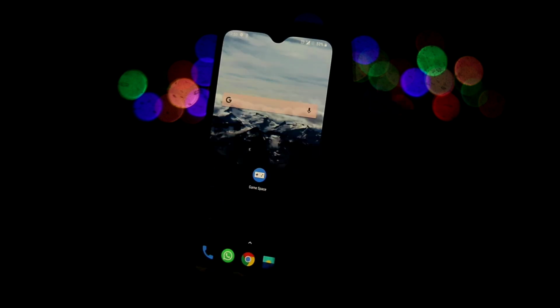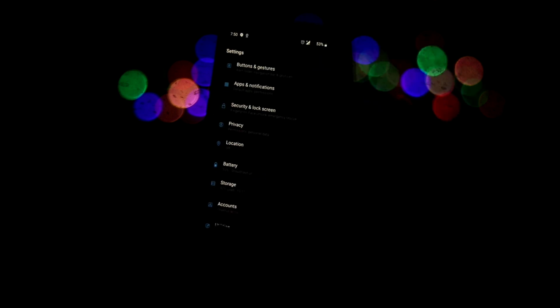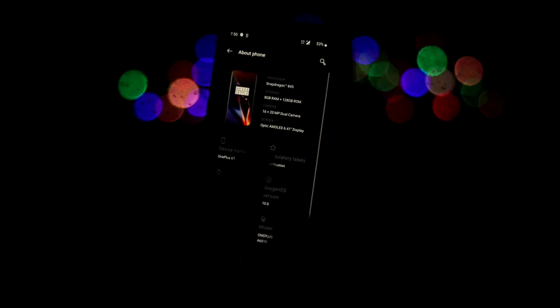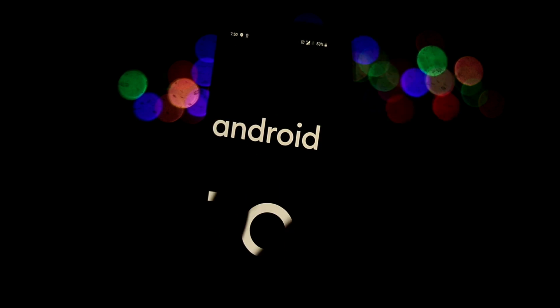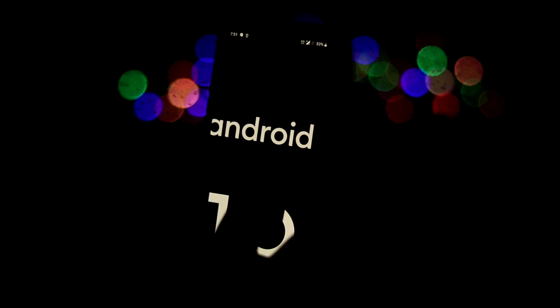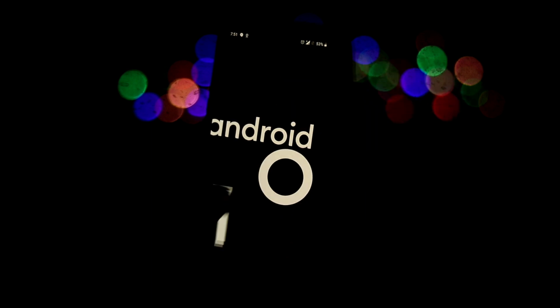So if we go into the system, we can see which is the Android version. It's running on the latest Android, that is Android 10 or Android Q. So it is much smoother and it has all the features of Android 10 as well. As you can see, this is running on Android 10, and let's see which features are there